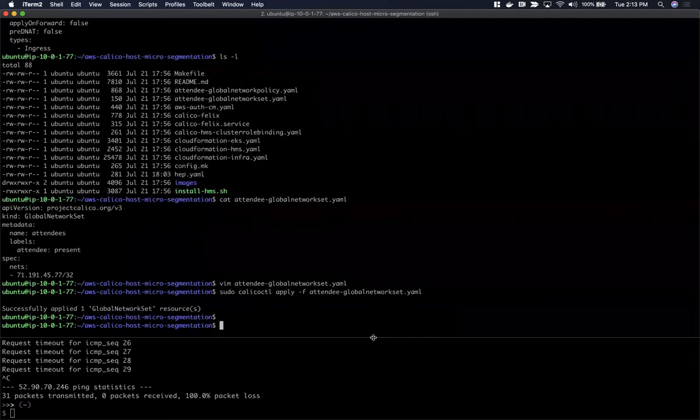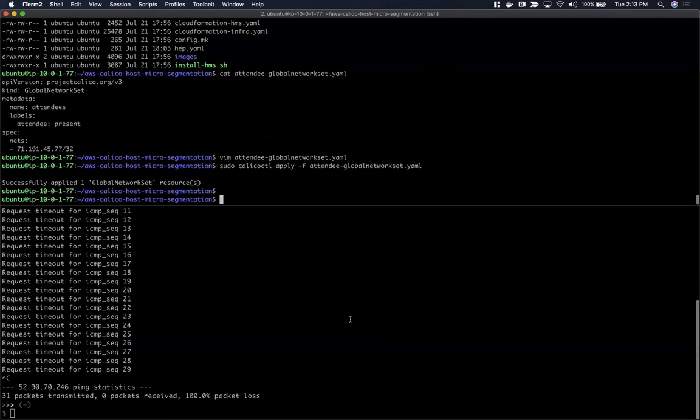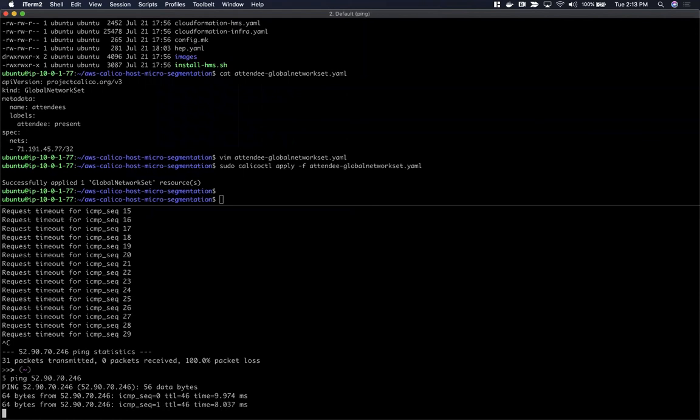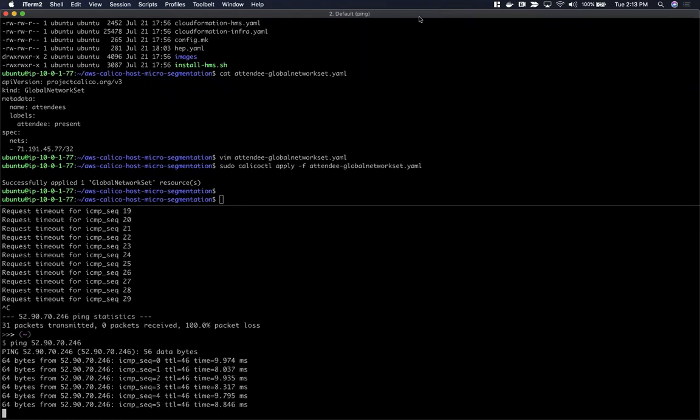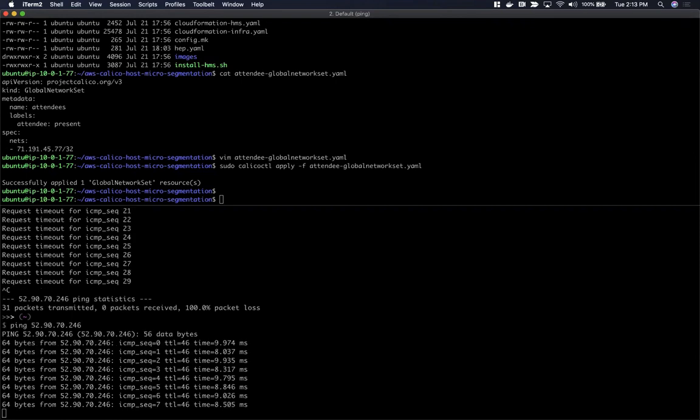And now what I should start to see is that I should be able to ping that VM. So you can see almost instantaneously, we have the ability to